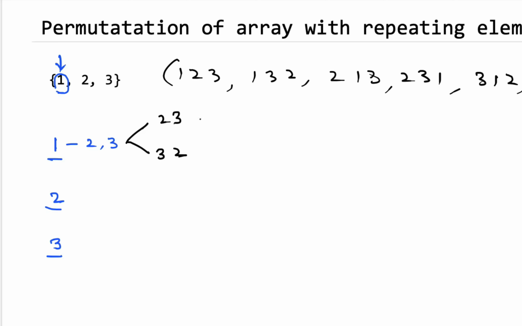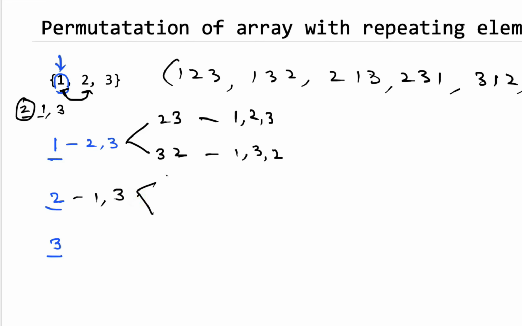So basically this will print 1 2 3, this will print 1 3 2, which means we got our first two permutations correct. In the second case, we swap 2 and 1. So swapping 2 and 1 means that we have 2 here, then 1 here and 3 here. So keeping this 2 fixed, we print the permutations of 1 and 3. There are two possible permutations of 1 and 3, which are 1 3 and 3 1. So this should print 2 1 3 and this should print 2 3 1.